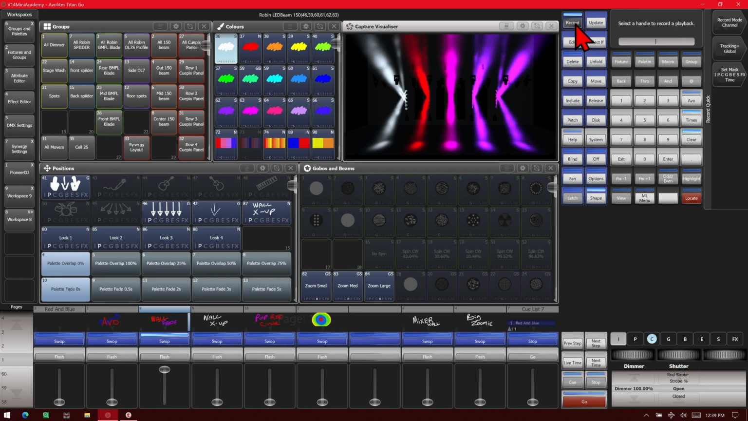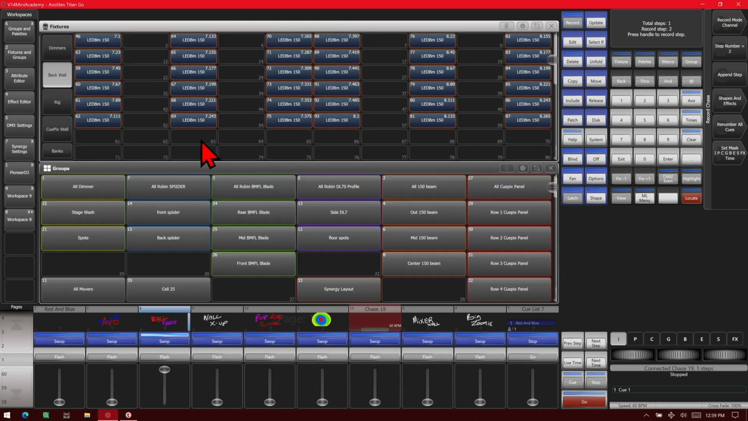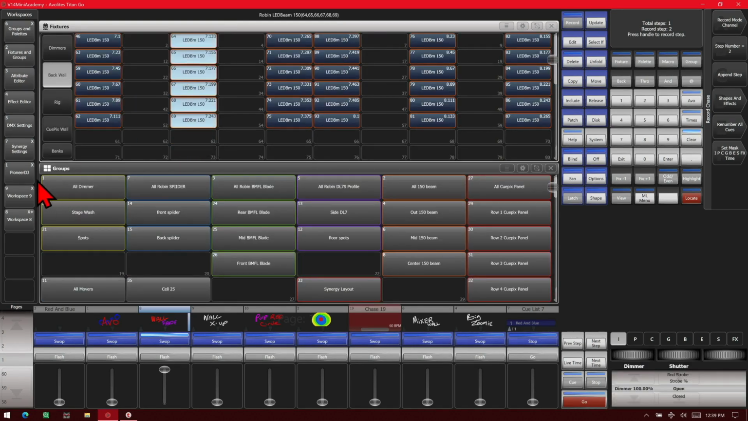So now I'll hit record, create chase, select an empty fader, leave that record mode in channel. Then we'll either hit the blue button or pen step for our first step in our chase. And then we'll hit clear, and we'll go into our fixtures and groups again, select our next group of fixtures,